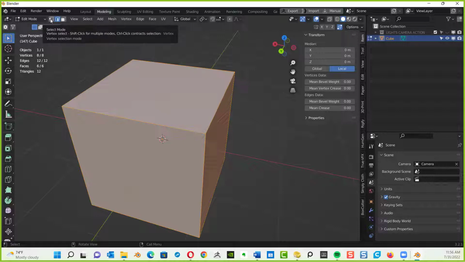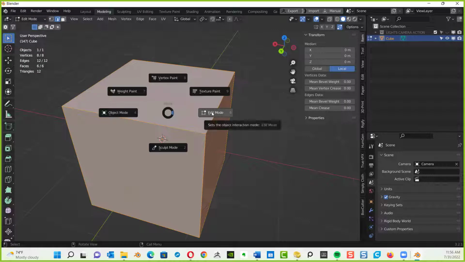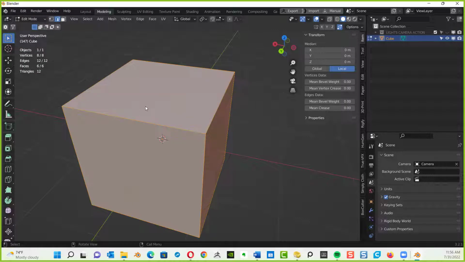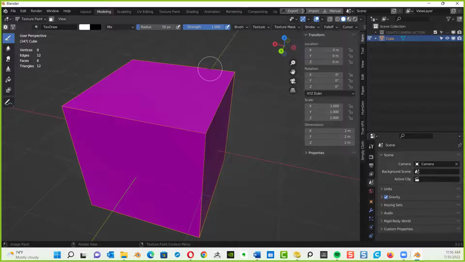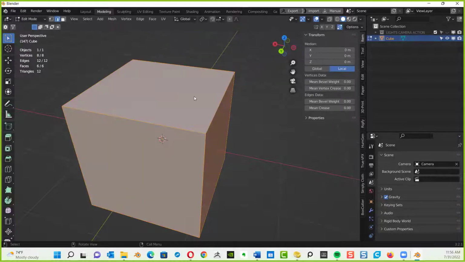Real quick, I didn't hear how you got into edit mode. Tab key, Tab, okay. Edit mode. And that's the only way to go back and forth between edit besides coming up here to the top left-hand corner and physically selecting edit mode, which is what you don't want to be doing. Now you hold the tab key, and then what do you do to get edit mode? Left click on edit mode. Oh, I got it. Good. Oops, I didn't mean to do that. I'm going to go to edit mode.